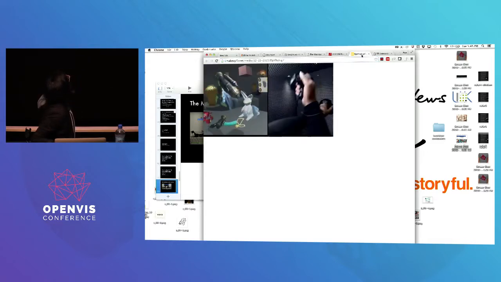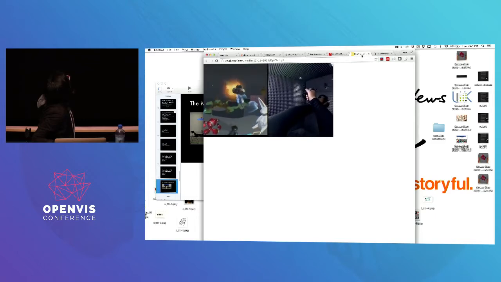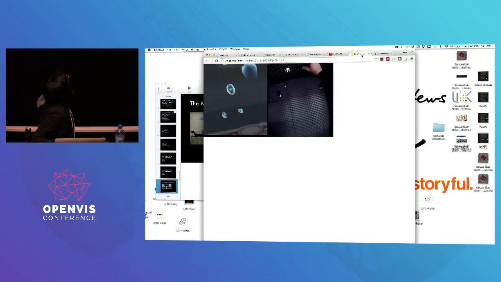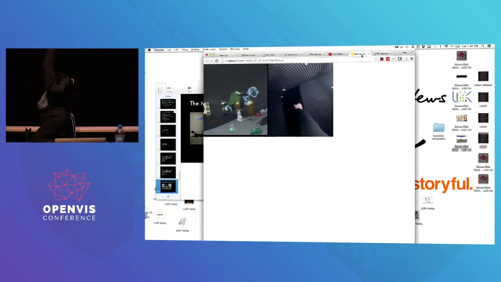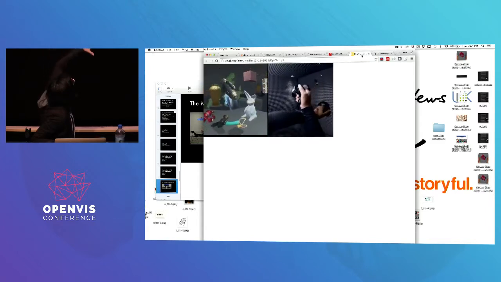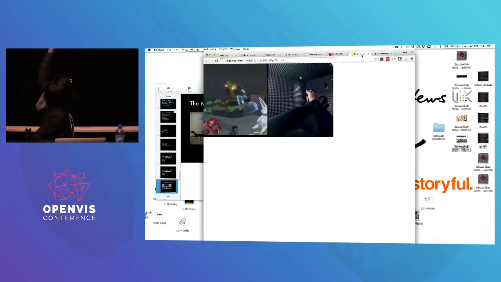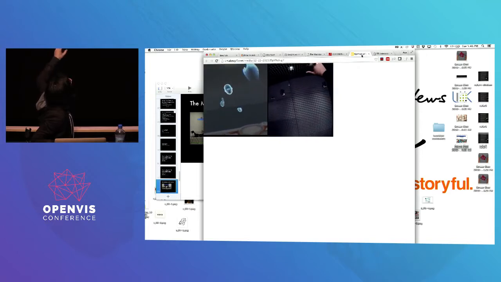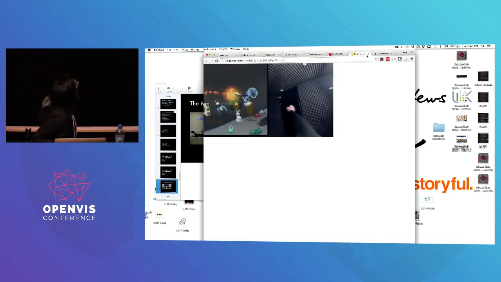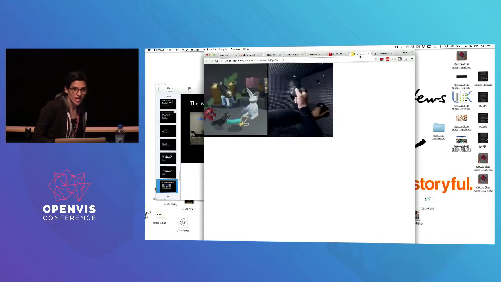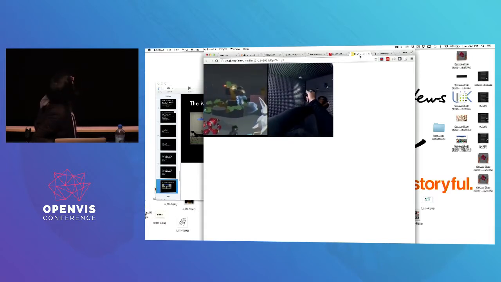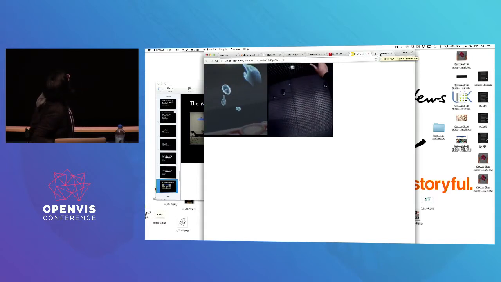This is Oculus Toy Box. That guy is playing with another human being who's not in the physical space he's in, but is in the virtual space that he's in, and they're waving at each other. See, thumbs up, cool. That is some of the coolest stuff I have ever seen. Right? I mean, man.